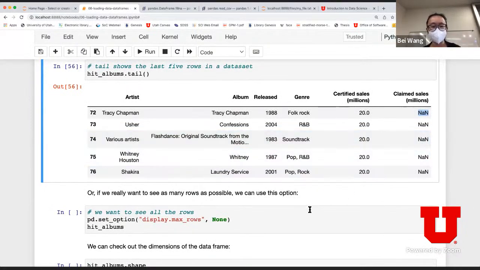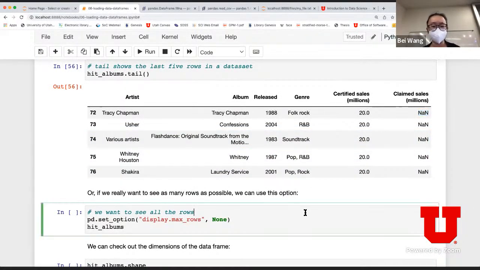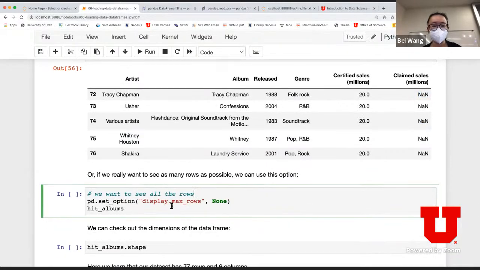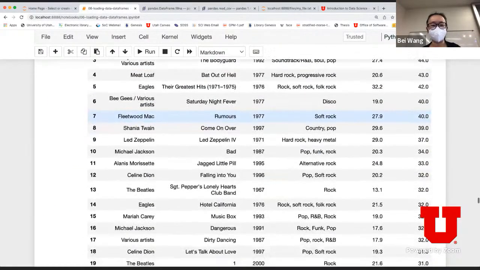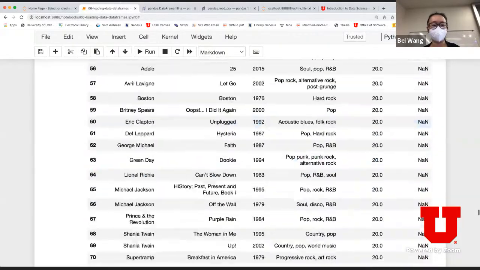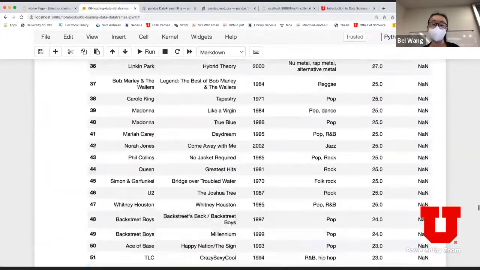Of course, you can do some operations in a few lines. But right now, if I want to see the whole thing, I can just set display max rows to None. This particular line is just to inspect all of my table. In this case, I only have about 100 or so, so it's okay. You can run this command and go through 100 of my records, 66.